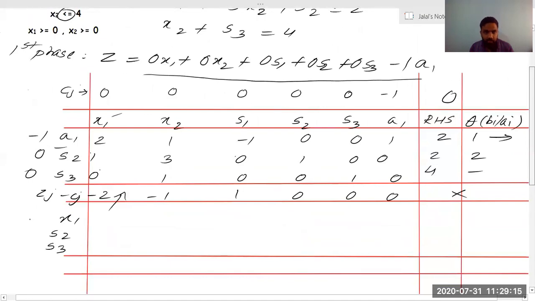X1's value now, what is it? In Z, what is there? 0, forget whatever was there before. In Z it is 0, this is also 0, this is also 0. This is such a funny concept. You will understand it later. 1 0 0, all things are 0, so Zj will be 0 because these variables are 0. If these variables are 0, you are pretty sure Zj will be 0. Zj minus Cj will be 0. I hope you are getting it. So X1 is 1 0 0, S2 will be 0 1 0, S3 will be 0 0 1. Zj minus Cj for all of this will be 0.